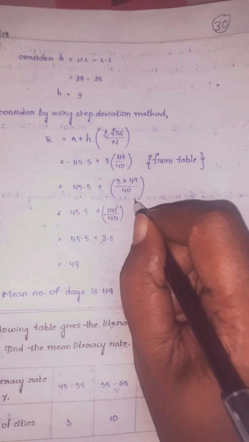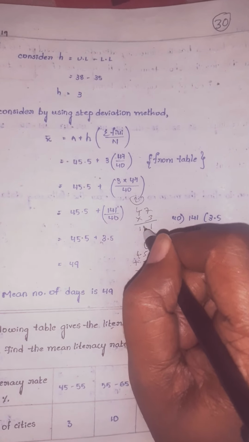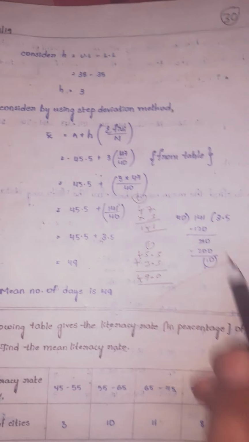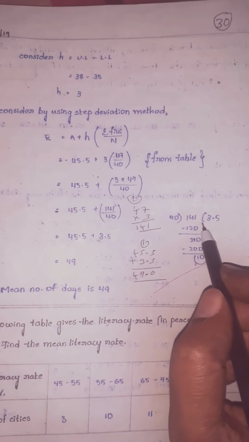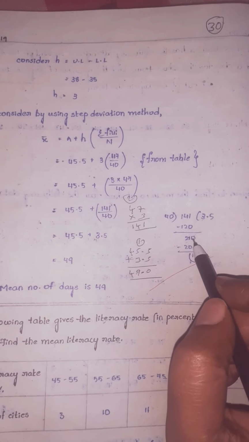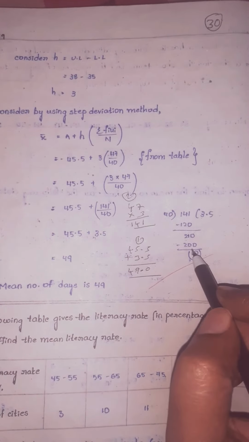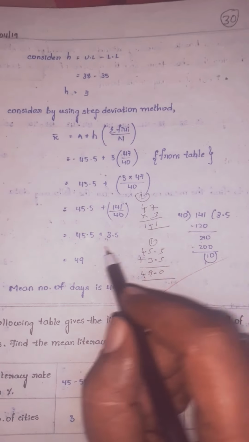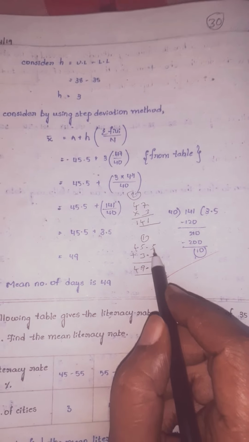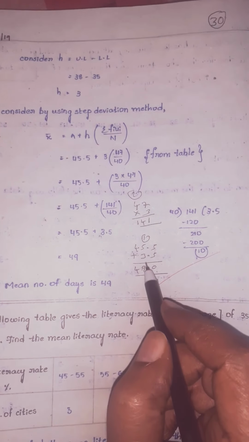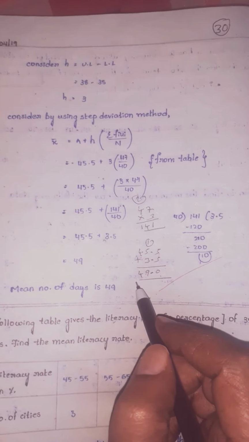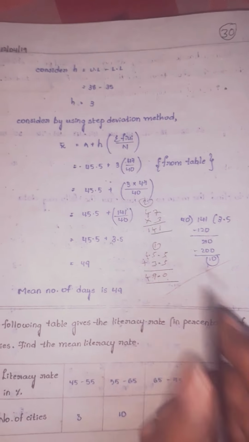How do you multiply, children? 47 times 3: 3 sevens are 21. 3 fours are 12 plus 2 is 14. So 141 by 40. Now, not going in the same table, do the division, children. 40 threes are 120. So the remainder is 21. Keep the point and write 0 here. 40 fives are 200. So the remainder is 10. So how much did you get, children? 3.5. Now add these two: 5 plus 5 is 10, 1 carry. 5 plus 3 plus 5 is 8. 8 plus 1 is 9. 4. 49.0 is nothing but 49.